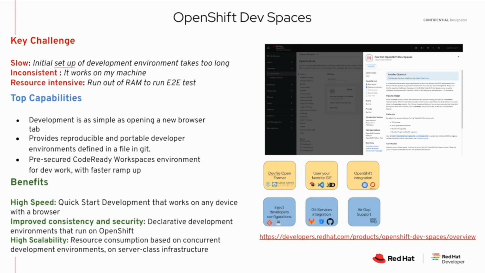So OpenShift Dev Spaces is a way for us to provide a development environment which is as simple as opening up a browser. It's replicable, it's reproducible, it is declared via Git, so you could have the entire development environment defined in a file which can be stored in Git, and then it can just be loaded on top of an OpenShift server. And this way you have a centralized development environment where everything runs and has even the visual aspect of an IDE in there. Now folks can just click on a button and get going right away. You don't have to worry about what runtimes and what stacks and what are all the different objects that are required before you can even get into the source code repository. It's all set up at the click of a button.